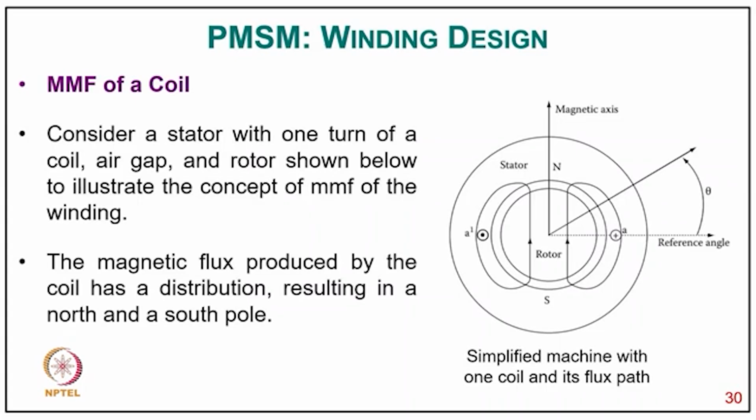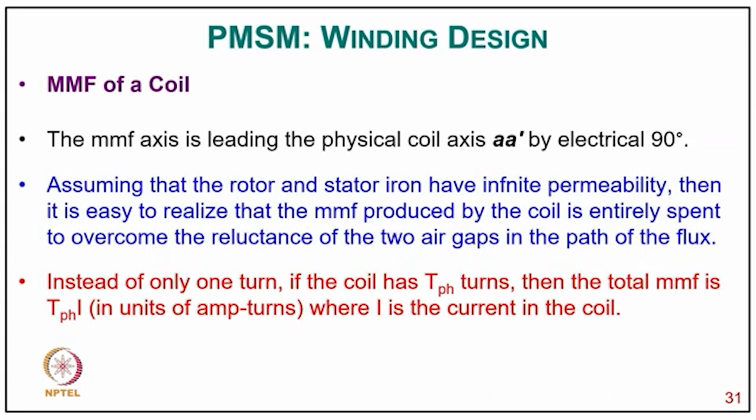So the magnetic flux produced by the coil has a distribution resulting in a north and south pole, as you can see typically in the diagram. And the MMF axis is leading the physical coil A-A' by 90 electrical degrees. Assuming that the rotor and stator iron have infinite permeability, it is easy to realize that the MMF produced by the coil is entirely spent to overcome the reluctance of the two air gaps in the path of flux in a rotating machine. So instead of only one turn, if the coil has T_ph turns, then the total MMF is T_ph times I